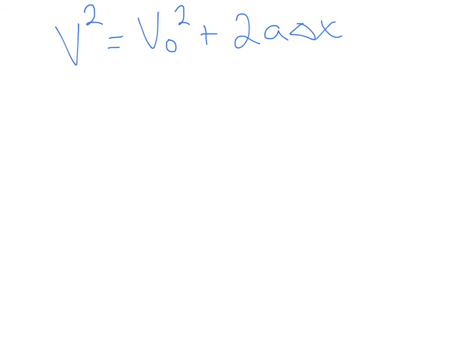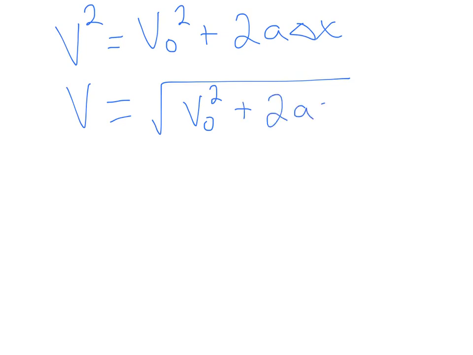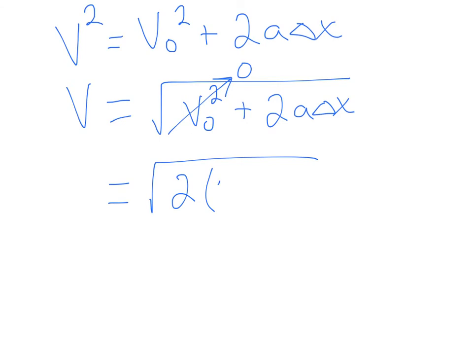Now our goal here is to find the final velocity. So to solve for the final velocity, we just need one final step to say that the final velocity is equal to the square root of the initial velocity squared plus 2a delta x, or 2 times the acceleration times the displacement. And so now we have our equation solved for the variable that we want, and we can plug in our given information. Well, the initial velocity is 0, so that's just going to be 0. And so we're looking at the square root of 2 times our acceleration, which is 5 meters per second squared, times our displacement, which was the